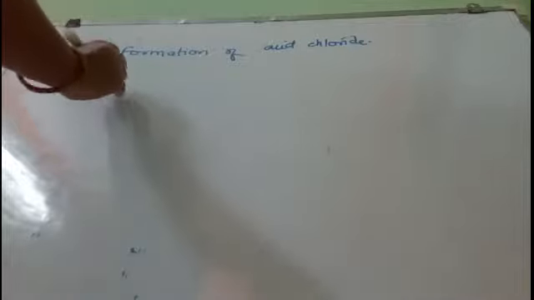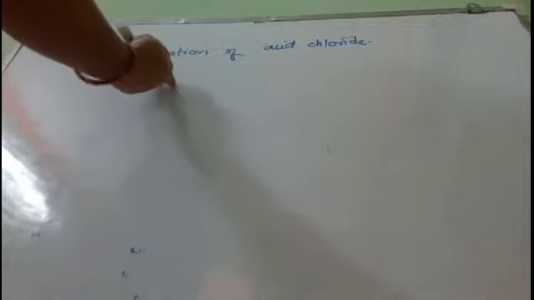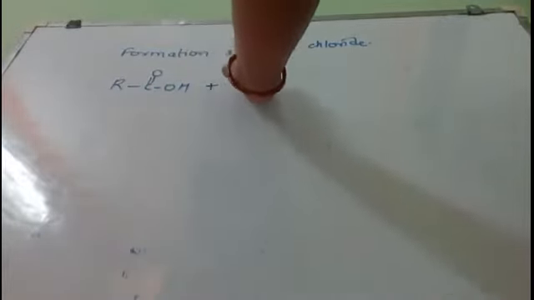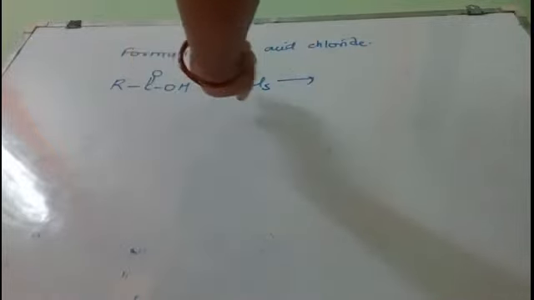Formation of acid chloride. So the formation of acid chloride can be done with the help of phosphorus halides or thionyl chloride. So let us do one by one. First of all, I will treat it with phosphorus pentachloride. When you treat this acid with phosphorus pentachloride,